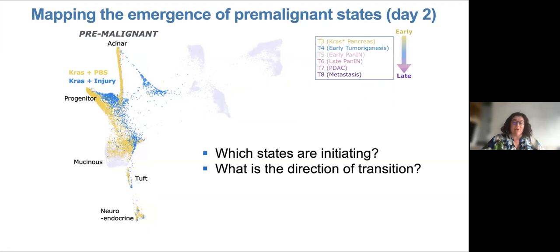So let's try and see what's going on. First of all, we see that even very early on, KRAS mutant cells a day or two after injury are very heterogeneous in their own right, and they're a bit of a mess. We don't know what other states are initiating, where cells are going, what directions are happening here. This is particularly hard to infer directionality in a system like cancer, where all our assumptions of normal development and normal behavior have to be thrown out the window.